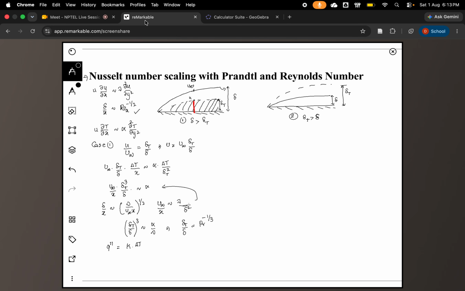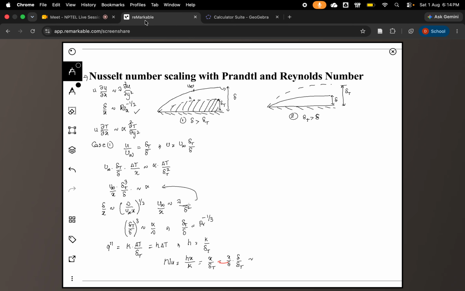So delta t is the boundary layer thickness, and this should be equal to the heat transfer coefficient times delta T. So this implies h is k by delta t. And from this we can define the local Nusselt number as hx by k, which is x by delta t, which can be written as x by delta times delta by delta t,